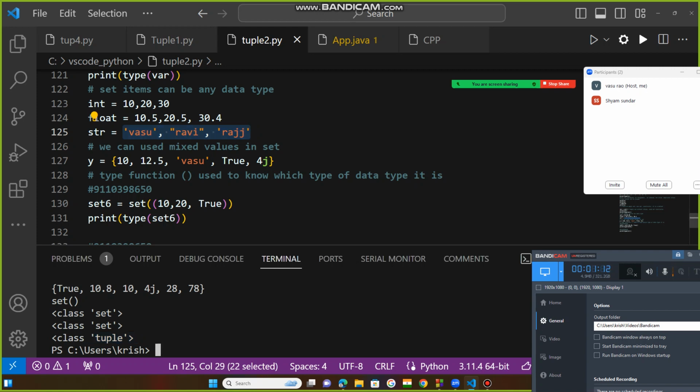If you want to make it a set, you need to keep flower braces here. This is very important. Understand that? You keep your flower braces here. So whenever you run this, it is now a set. Means this string variable becomes a set whenever you keep the flower braces. So if I want to